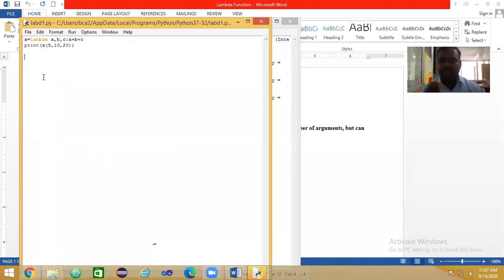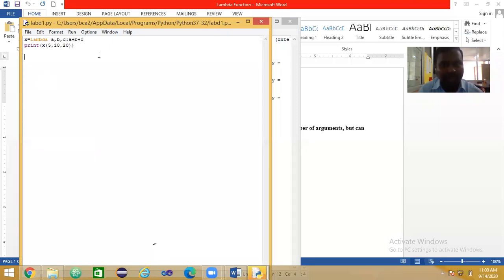Again, see here. Lambda functions are teeny functions, small functions, and mainly we use these functions inside a function. Function in a function, we use lambda functions. And it is a nameless function. Sometimes we need lambda functions because we have to call these functions again and again. So it takes any number of arguments. That is the main purpose of why I am explaining this.